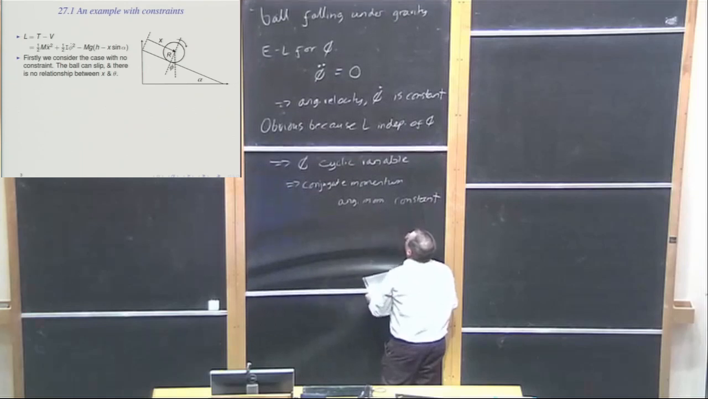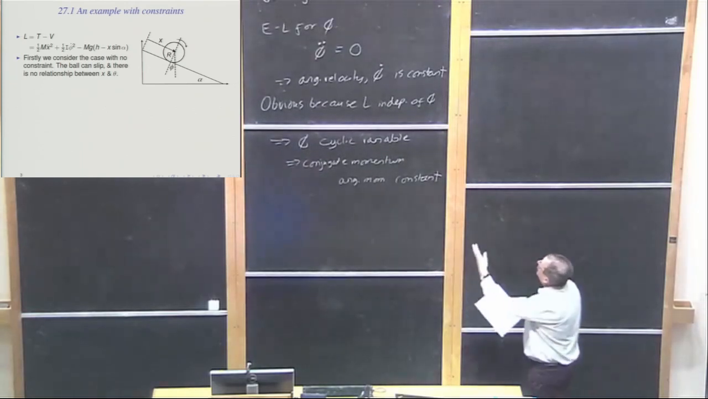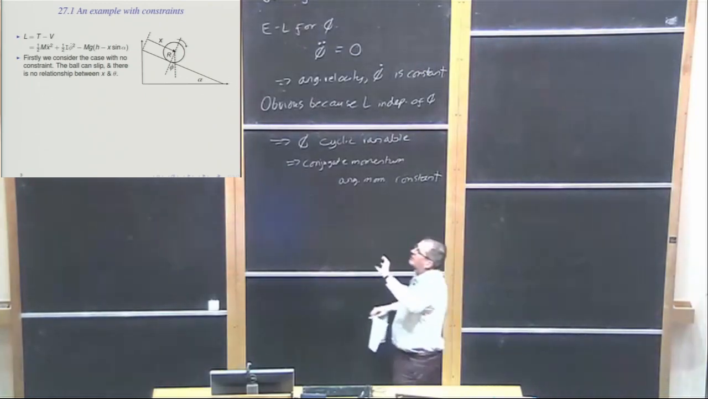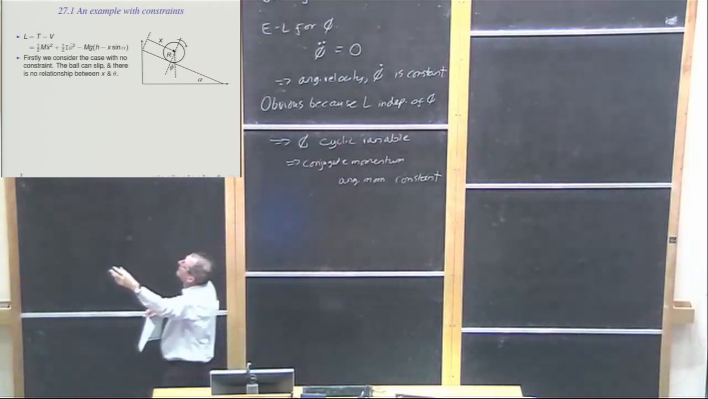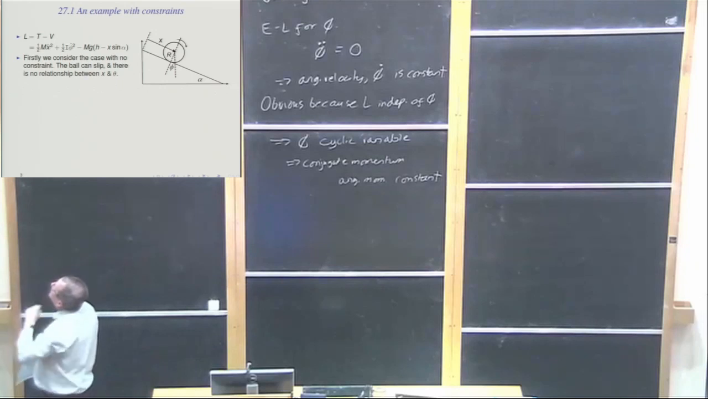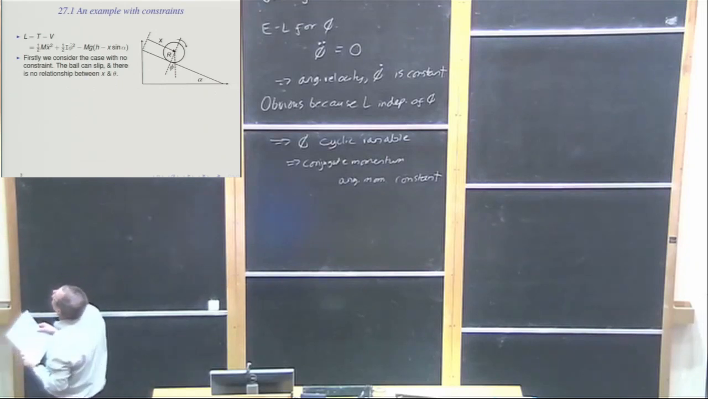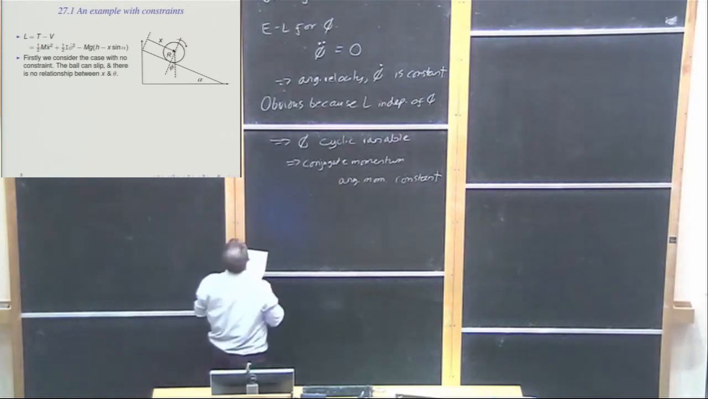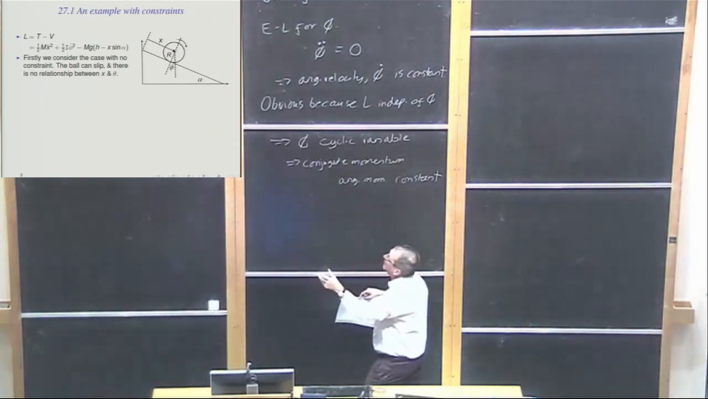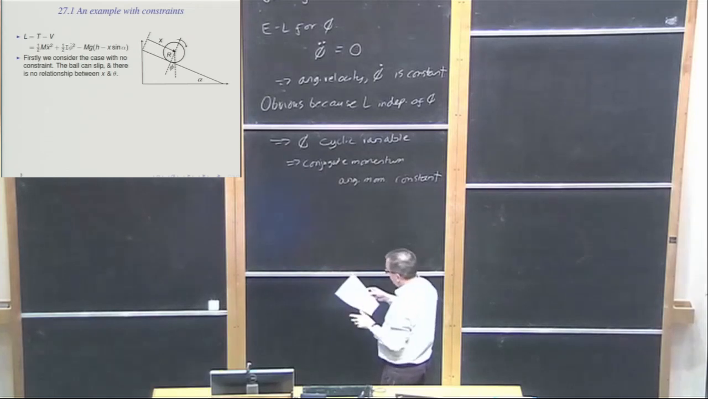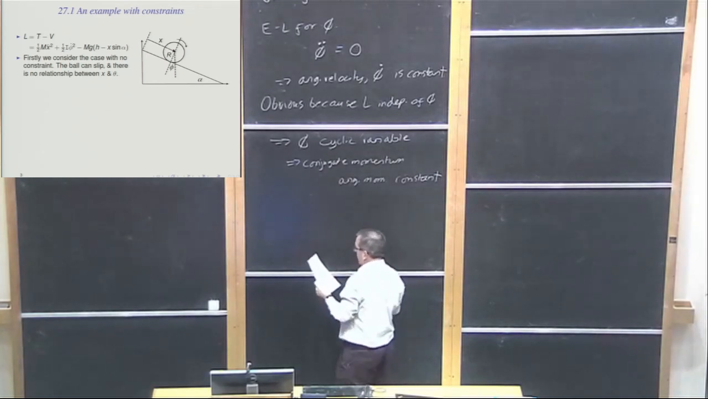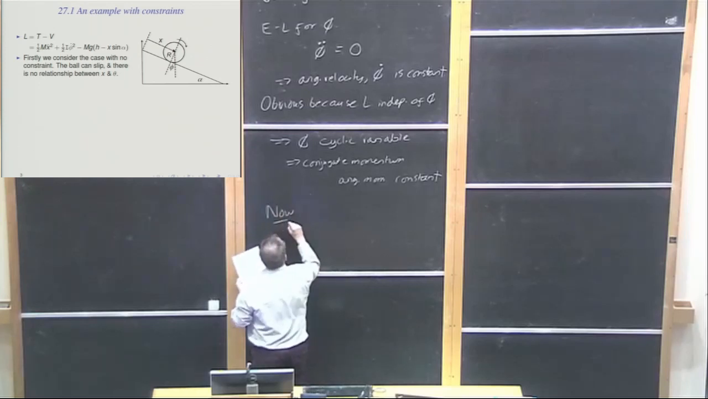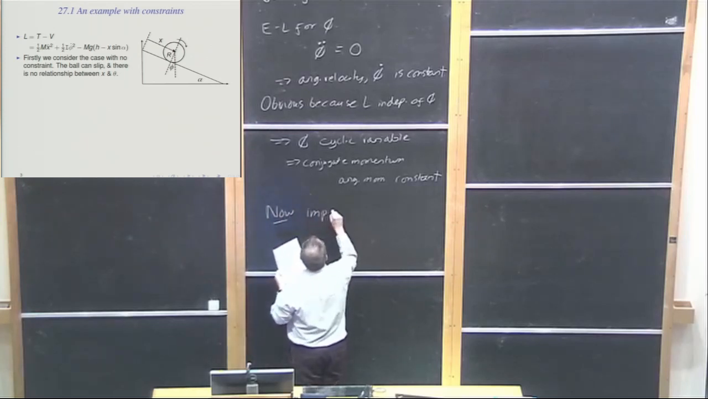Okay. So anyway, phi double dot is 0, phi dot is constant, so that means that if you start the ball spinning at the top of the slope, it comes down the slope and it continues to spin at the same rate. Or if you start it at the top of the slope not spinning, the ball will just slide down the slope without spinning. Okay. So now let us impose a constraint